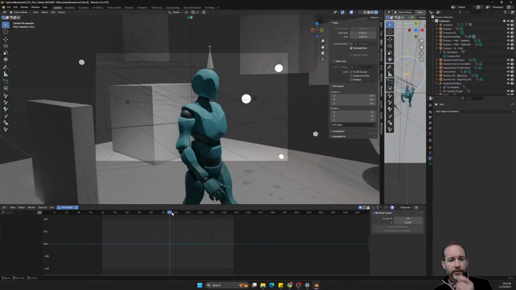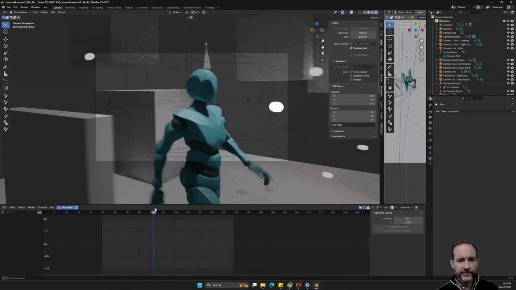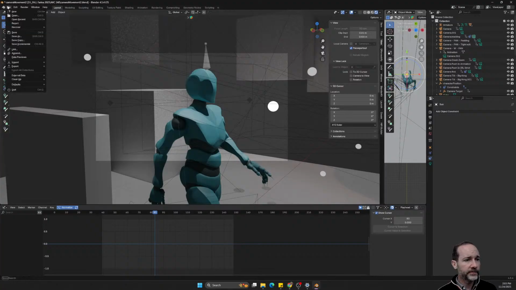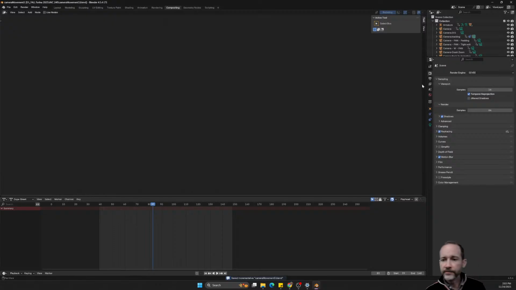Okay, and so this is a good example, I think. We have something to focus on, so let's look at the compositing here. Let's go ahead and save this incremental. Come over to the compositing tab. Okay, and so